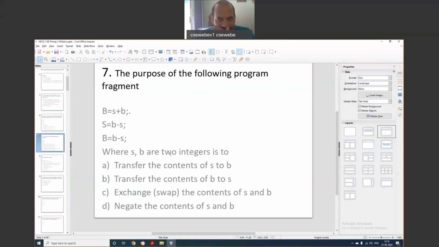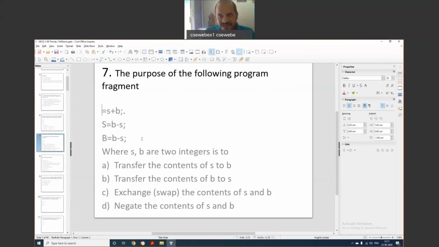Now, the purpose of the following code. Yeah, this is what we have seen earlier. Actually, the B, S, B on the left side became capital, but they are not capital. Because of the first letter, they became capital. Actually, small b, small s, and small b should be there. If you write any word at the start and press enter or space, the starting character will become capital because of the settings in this MS PowerPoint.